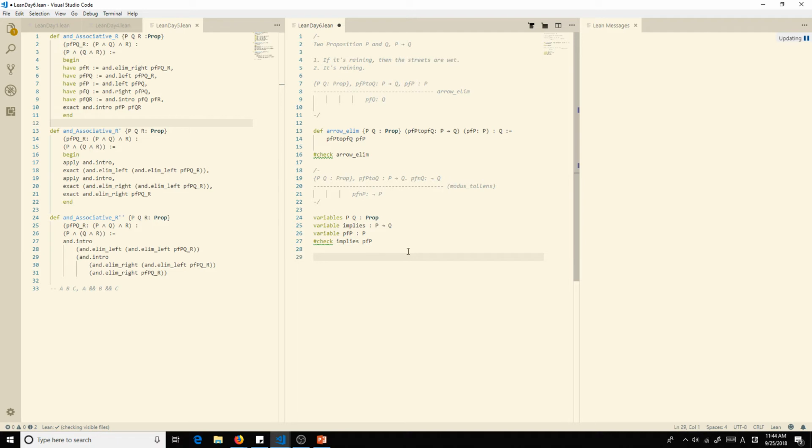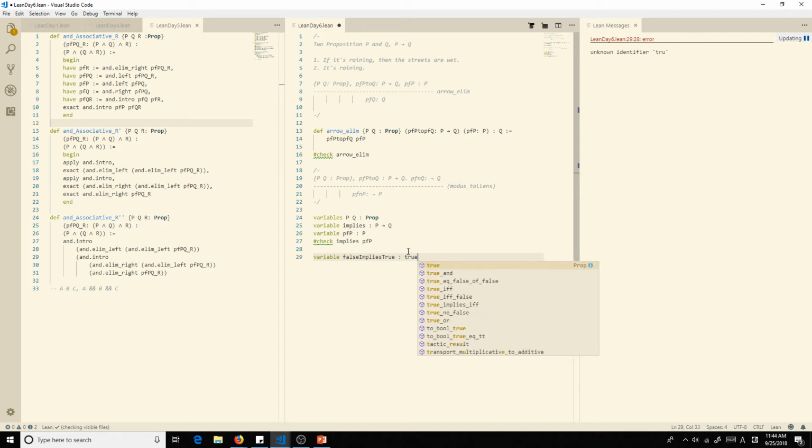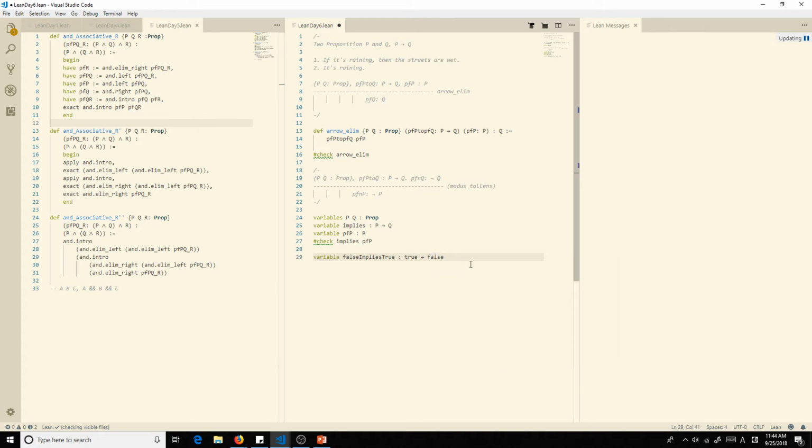Now, again, like what I mentioned before, we have to be very careful. Because what if we had a variable that was false implies true? All right, and we're going to say that true just literally implies false. Oh my gosh. Just love Lean sometimes. So let's make a short theorem.